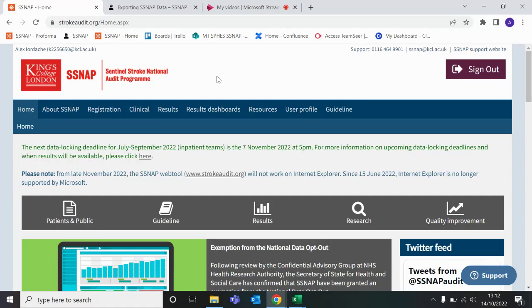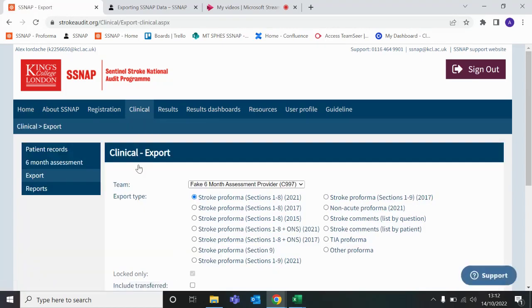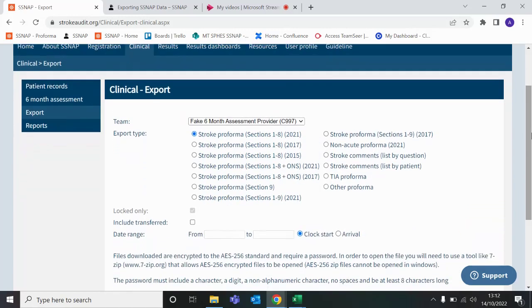To start an export, log in to your account on strokeaudit.org, where we are now, then go to clinical and select export. Here you will be able to see a list of different options. I suggest you choose stroke performa sections 1 to 8 2021,